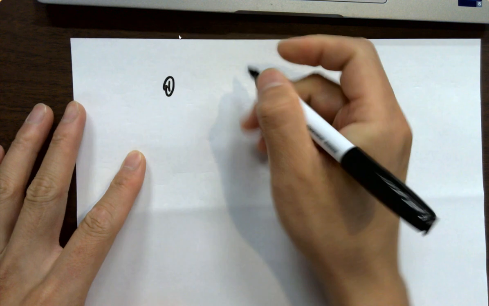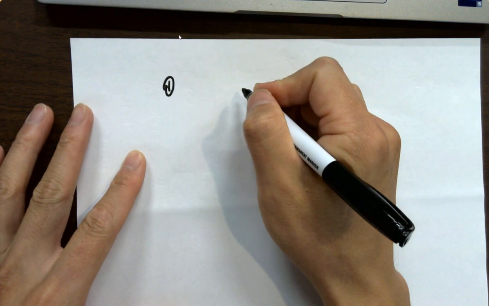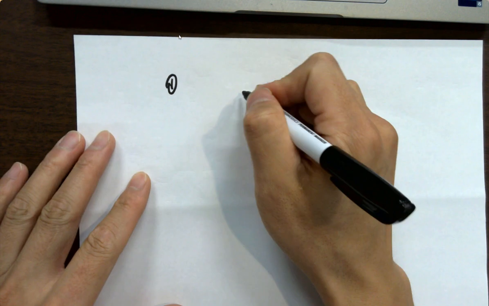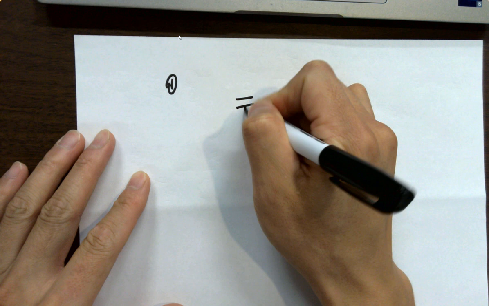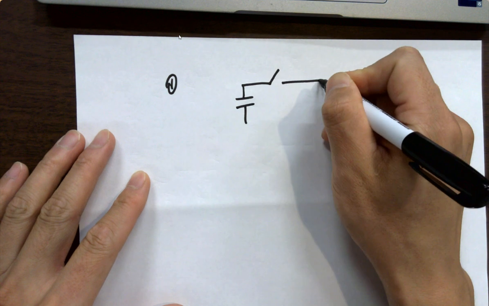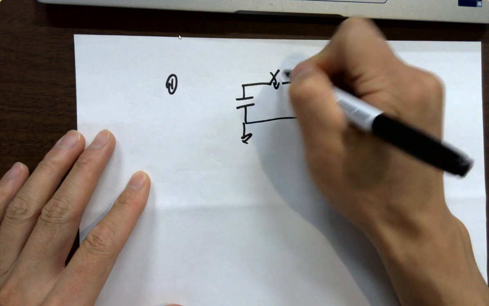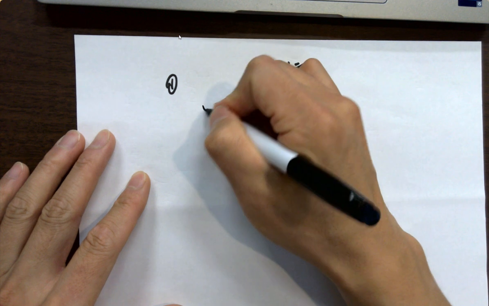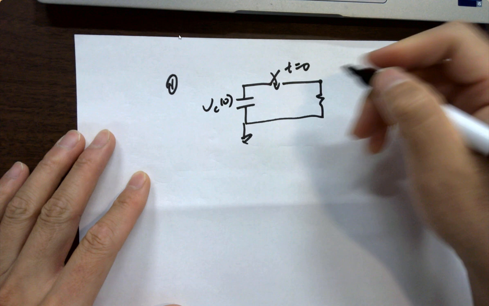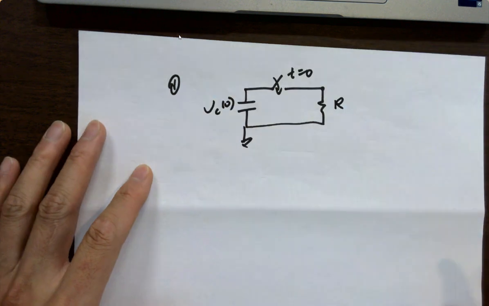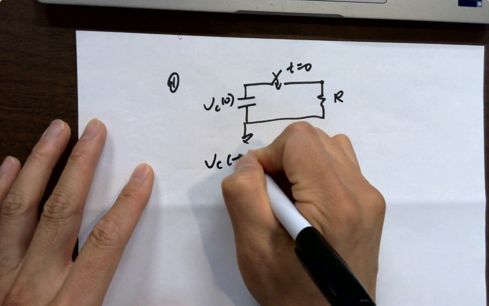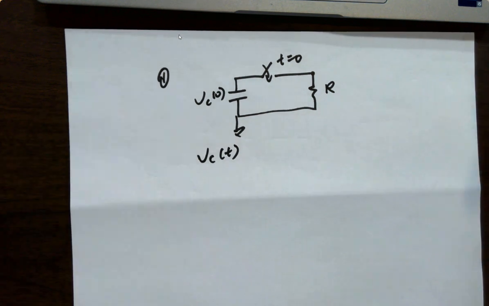First case, make sure you can do the same thing on paper by yourself. Close it at T0. What's going to happen? You got a VC0 there. It's non-zero, asking for VCT. The easiest case. You just have to know. So the three equations,